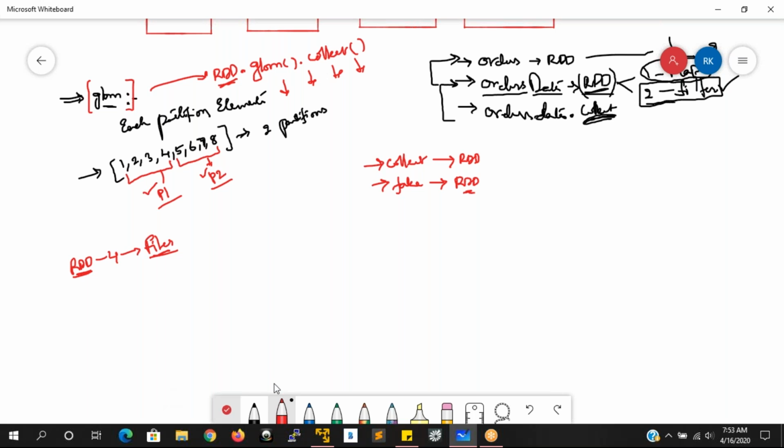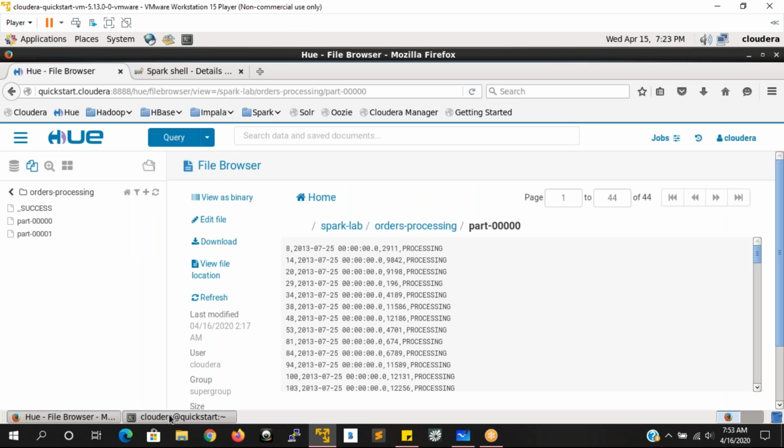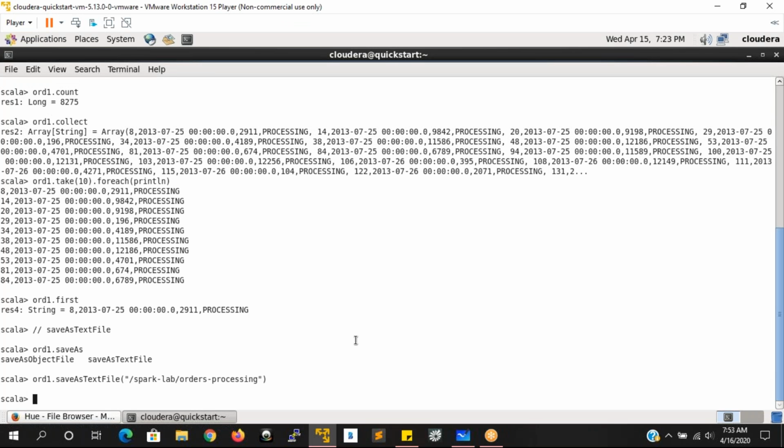stored. That means, for example, I am going to show you the transformation to know the data in each and every partition. What is the transformation to know the data that is available in each and every partition? To know the partition information, generally, you say, in that partition, what is the data I'm having?